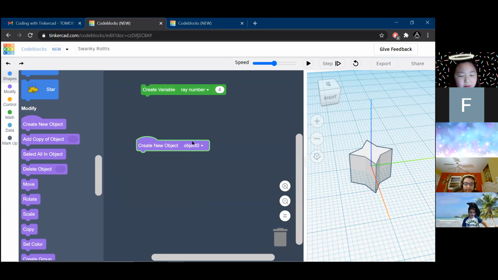I changed the ray number for the star, but then it keeps on going to 5. Oh, interesting. Okay, so you're going to click where the number is, type in whatever number you want, and then just click out. It should be fine. It's still 5.